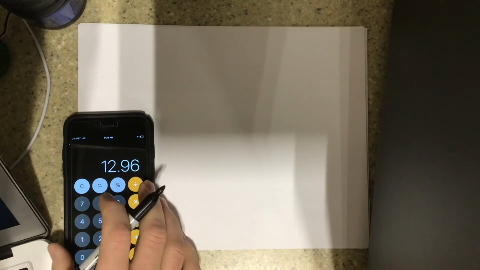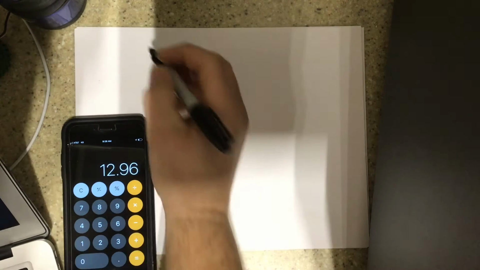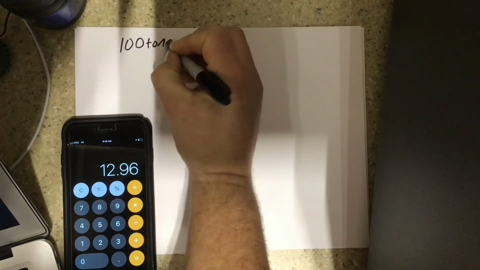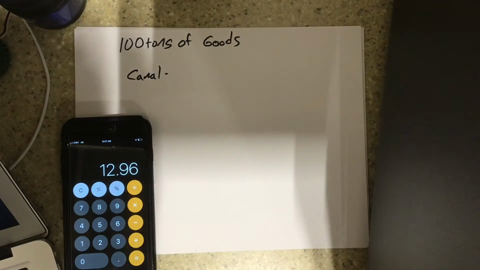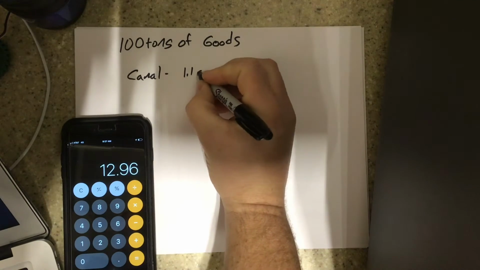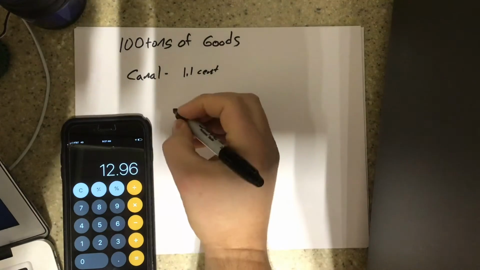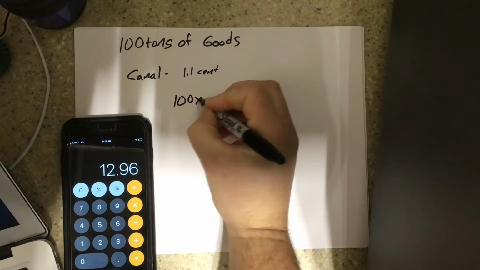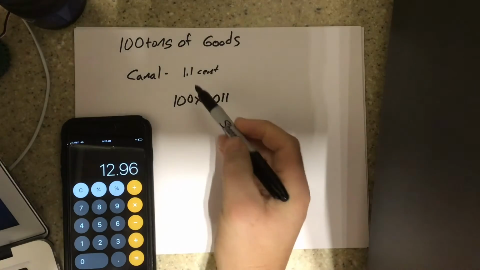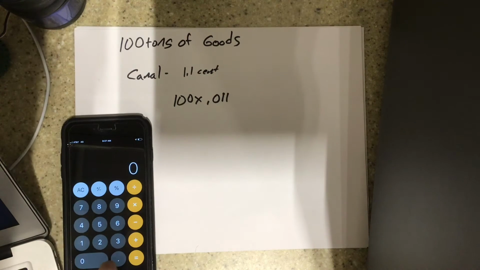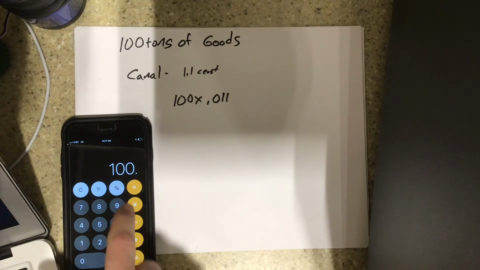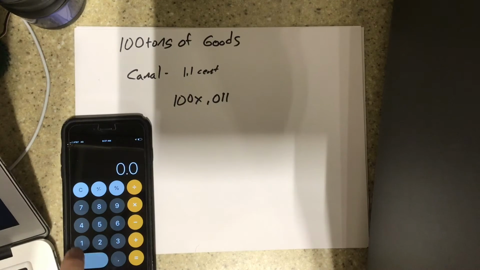So imagine with me, you were tasked with traveling with, let's say, 100 tons of goods. What we know is that, let's say we're going to go down a canal. A canal costs 1.1 cents, right? So what I would do is put in my calculator 100 tons times 0.011, because if you put it in as 1.1, that's actually putting it in as $1.10, just with decimal spaces. So 100 times 0.011, that's 1 penny and 1/10. That comes up to